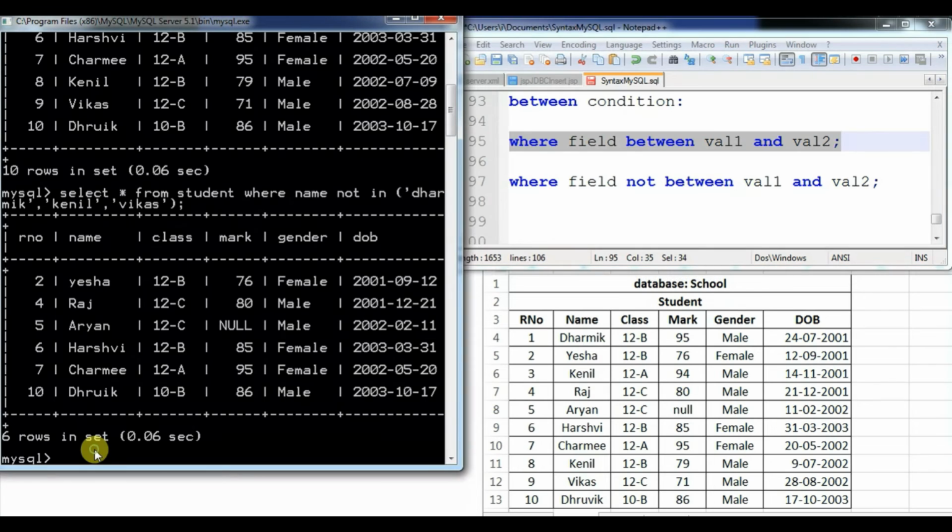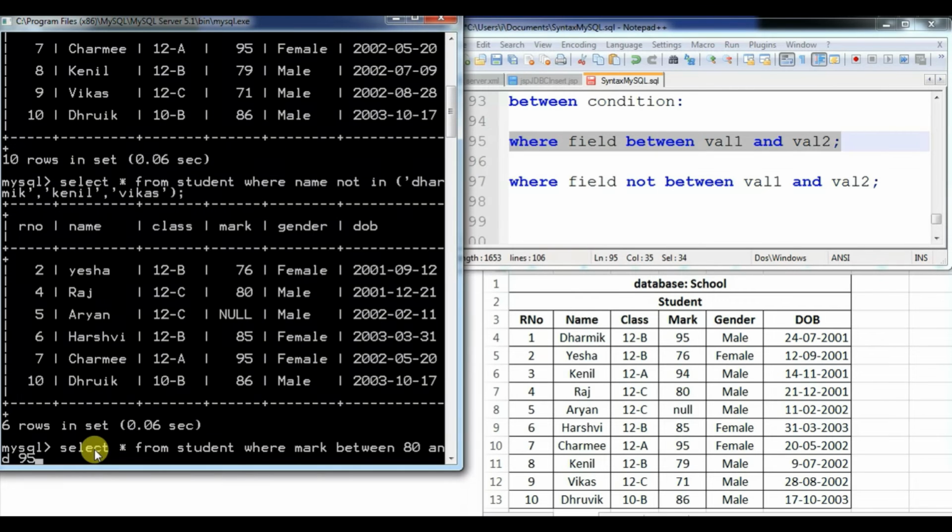Now see, in our table only, SELECT. Suppose I want to retrieve all the records. I am going to mention asterisk sign FROM table name, that is student. Now after WHERE I have to mention the name of the field, suppose mark. Now the BETWEEN clause, first value, let's take 80 AND 95.